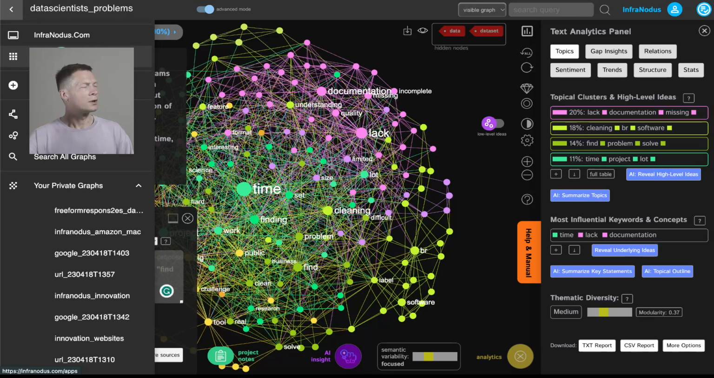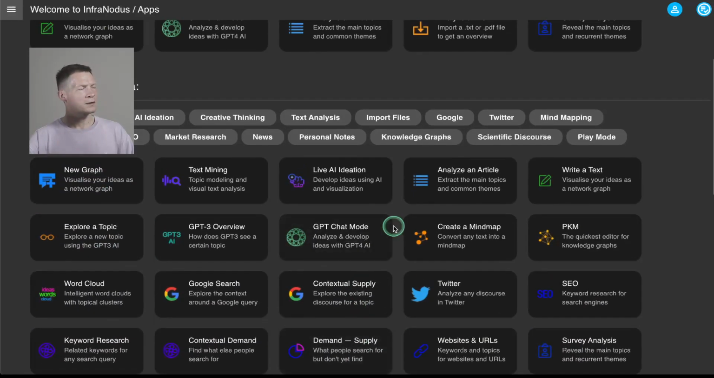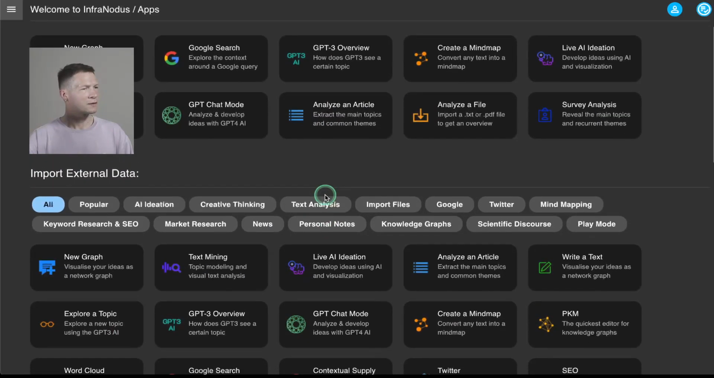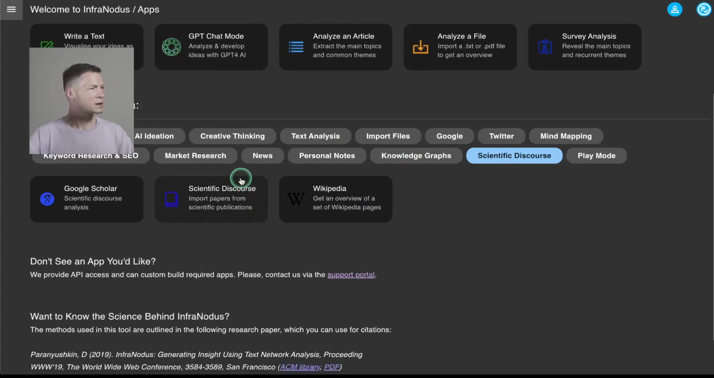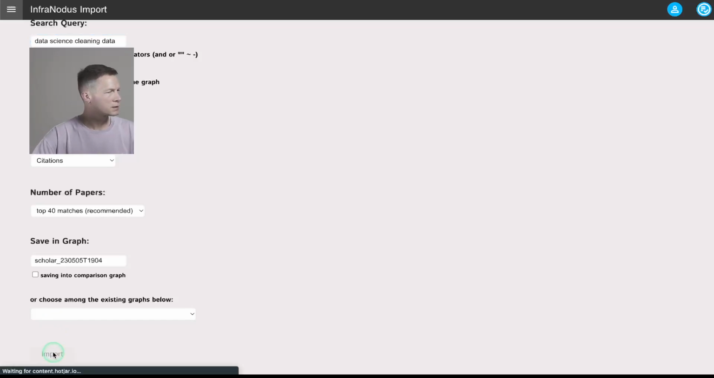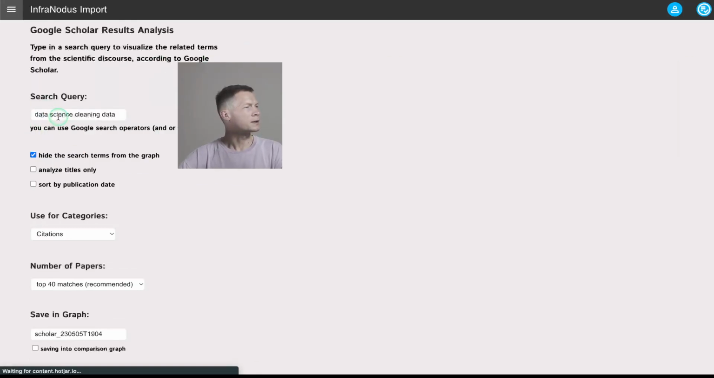Another way to think about a strategy is to approach it from a completely different direction and to rather look into the scientific research. If you go to the analytics, into the apps page of Nodus, then you can go to scientific discourse, and then you can use Google Scholar search to find some stuff about data science cleaning data. Let's see what research exists on this topic. What happens here is that Nodus imports the results for the search query of data science cleaning data, okay, and